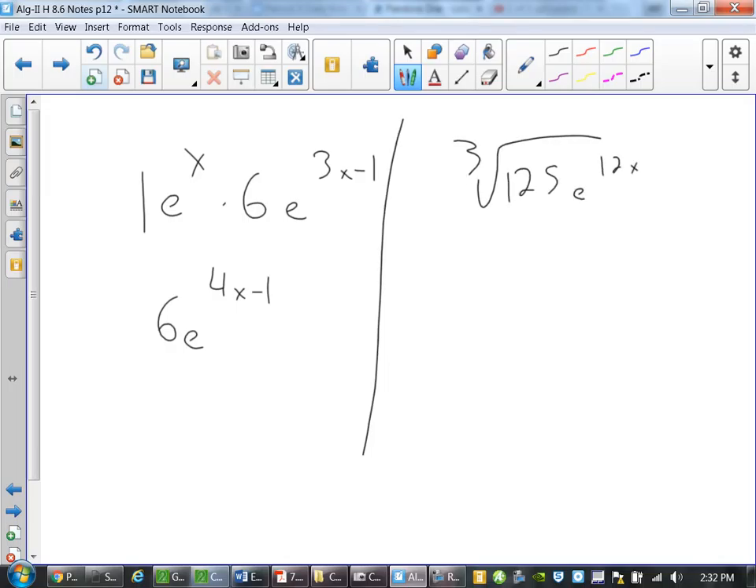In this one here, it's really simple to take care of the cube root of 125. It's 5. But then what I'm going to do is change this as e to the 12x to the 1/3. And now I do my power rule. 12 times 1/3 is,